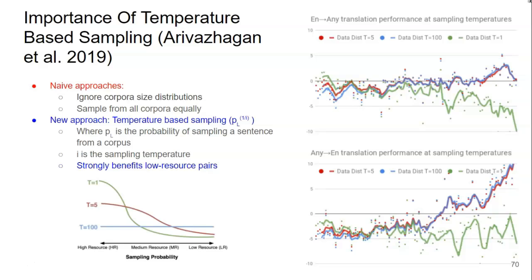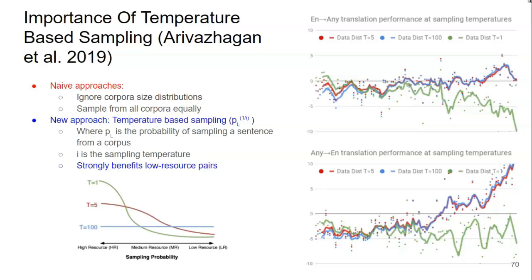If the temperature is 1, then high resource pairs are strongly favored. If T equals 100, then low resource pairs and high resource pairs are equally favored. But if T equals a value of 5, then low resource pairs are slightly oversampled and high resource pairs are slightly undersampled. If you look at the figures on the right side, it shows what happens to English